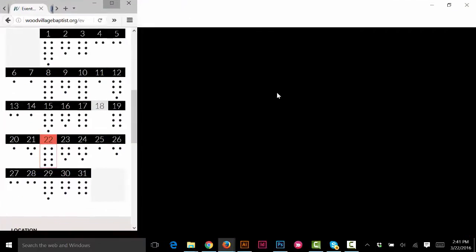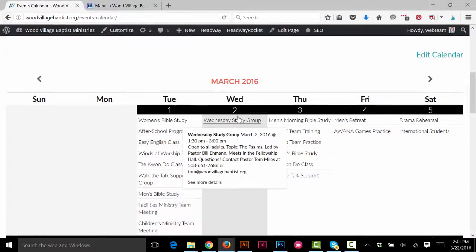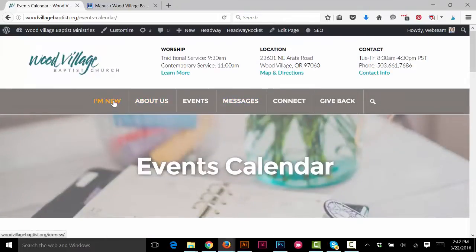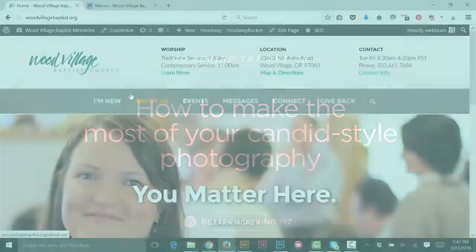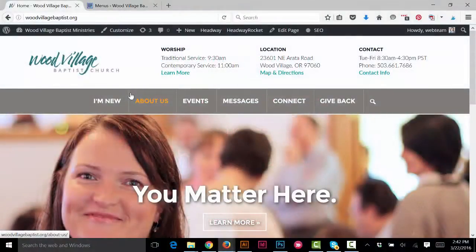So, simple calendar plugin, I highly recommend that if you've got a big Google Calendar and you're trying to manage content. The other thing I want to talk about is how we used photography, just standard photography in the site, not anything professionally taken, and how to consolidate when you have a bunch of different styles of photography, how to use it and consolidate it so it looks like you intended to do it, and made it